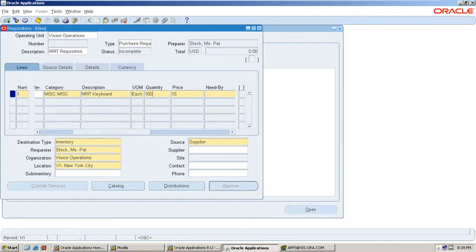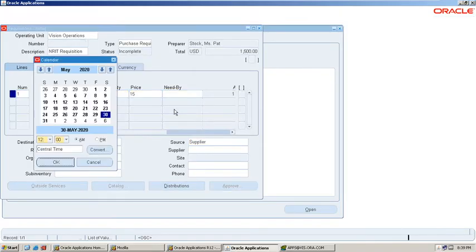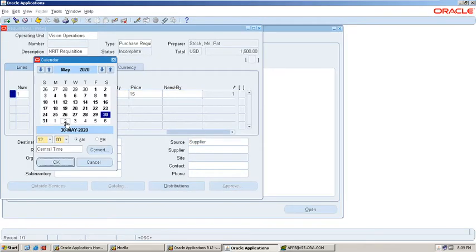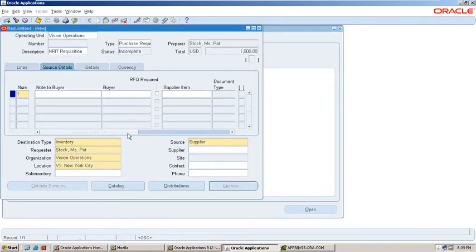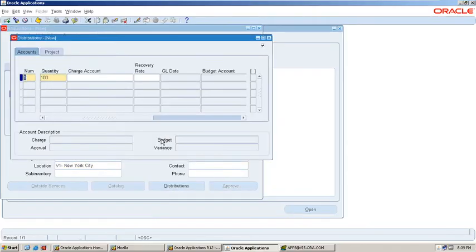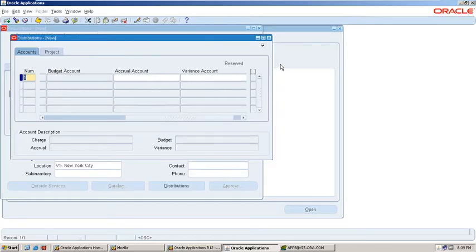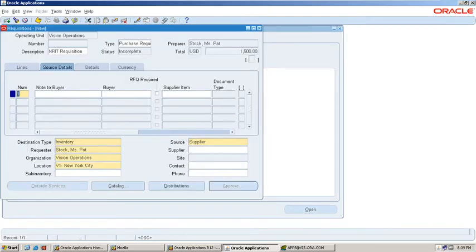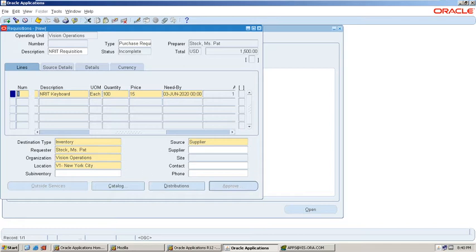I am entering 100 quantity. When are you planning to receive the items? The need-by date, you need to enter a future date. And then go to distributions. See distribution. It's fine. Now click on the save button.